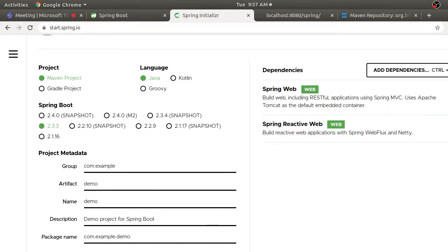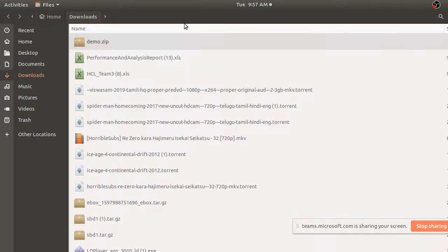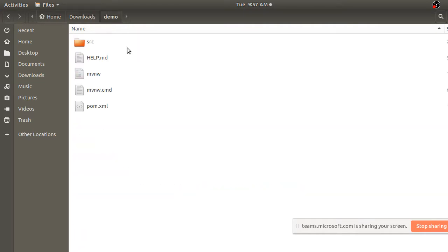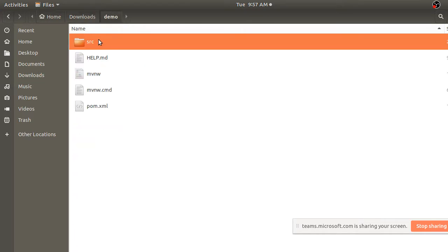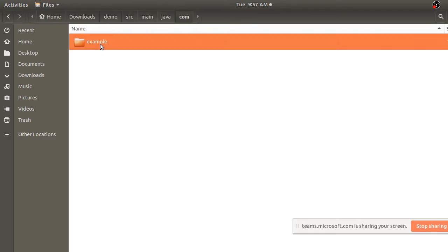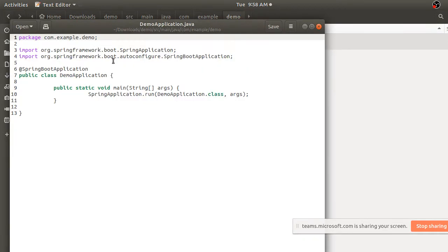What I do is there is a button called Generate. The moment I click on Generate, it downloads a zip file, right? So what is this zip file? If I check it out, it is an actual project which is created for you in whole, right? You don't have to do anything here. It created everything for you, right? It has the entire project structure which it created for you. So what you have to do is write your code here. Directly go to this demo and you start doing this, right?